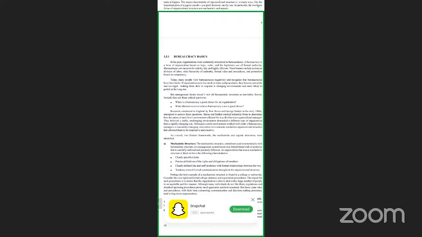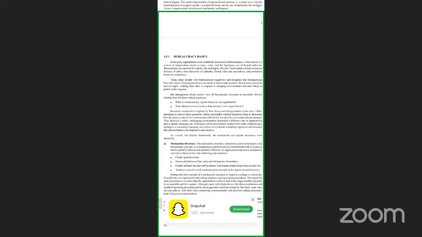Research was conducted by Tom Burns and George Stalker in the late 1960s, and they tried to answer certain questions. Their findings were that different types of organization have different types of beliefs in changing environments, etc. A stable environment worked well under bureaucracy, while managers in constantly changing, innovative environments needed structures that allowed them to reproduce, respond, and create. So as a result of this,